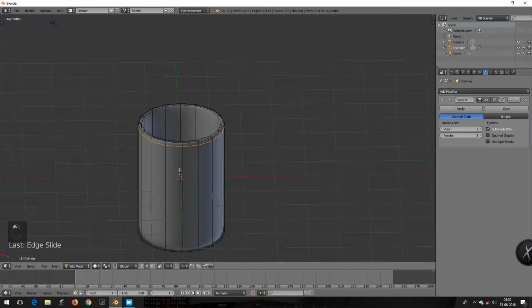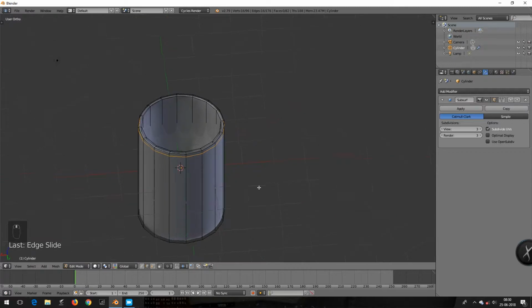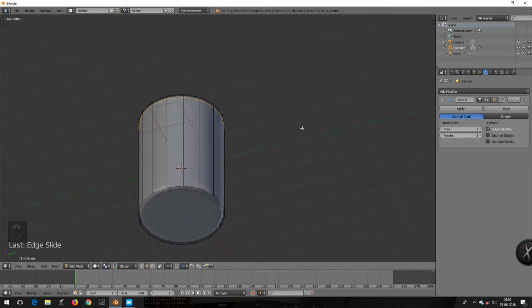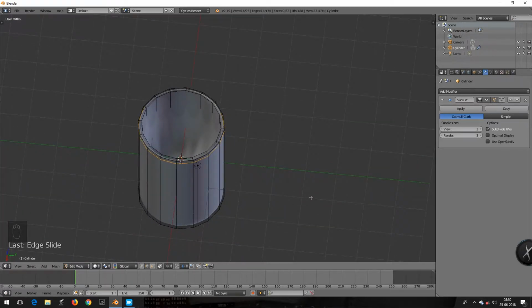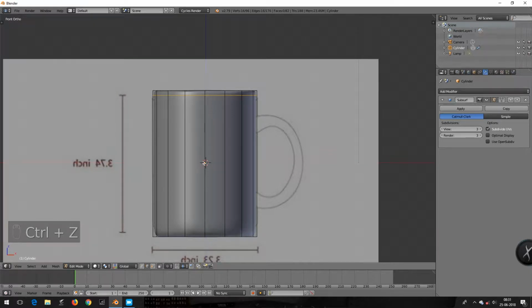And you can see, guys, how our object is looking very weird from inside right now. We can adjust it later, and then press Ctrl plus R again to add another edge loop. Now I'm adding edge loops to almost